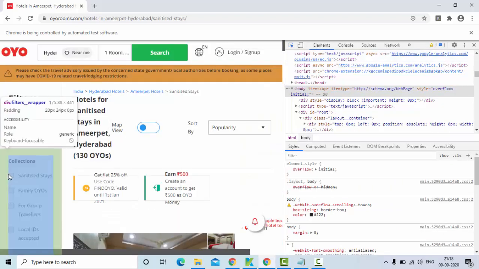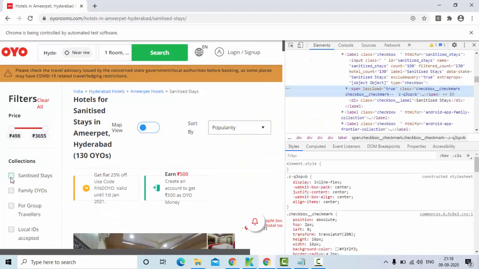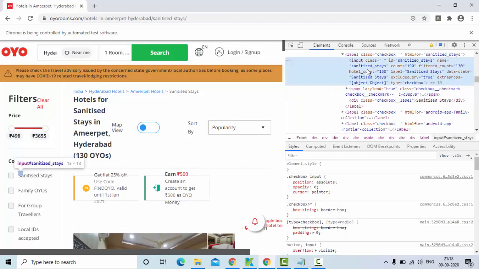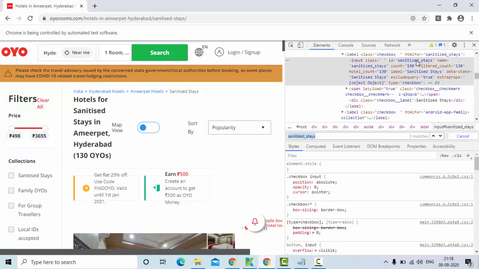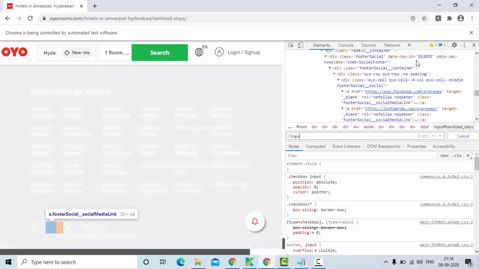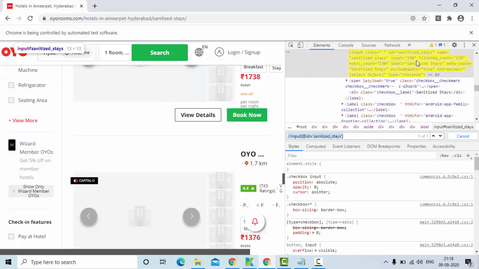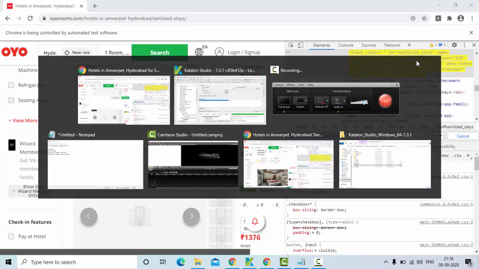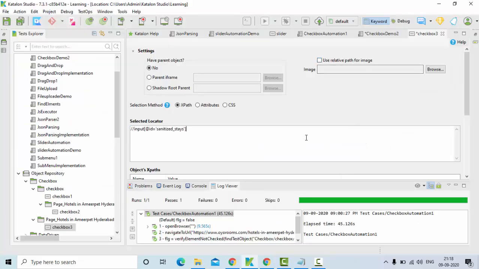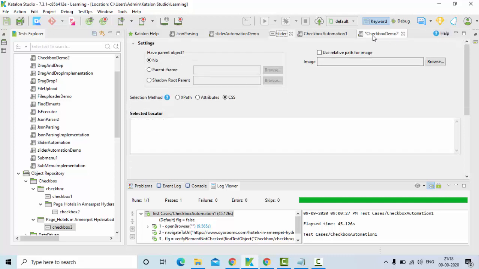Whatever Katalon has given, I'm not happy with that. So this is an input box having this ID, right? So simply use input having ID equal to this one, and I found one element which is good. So change it to the XPath, save it, close it.